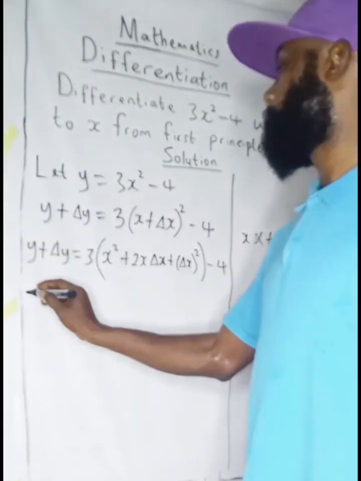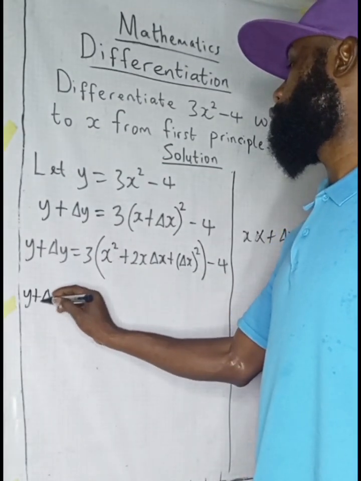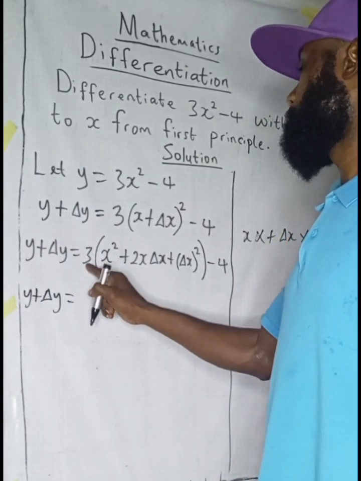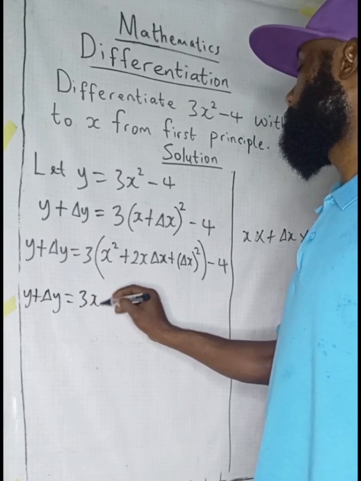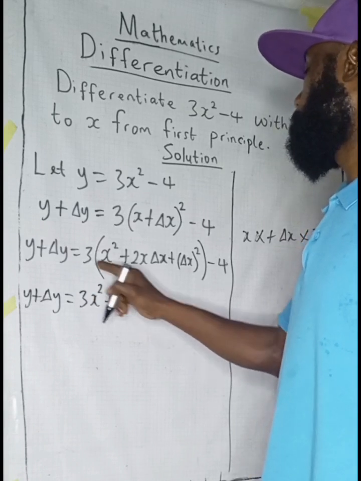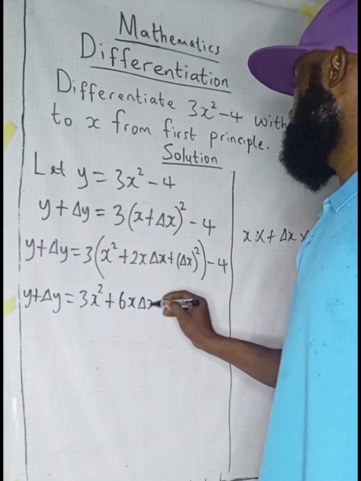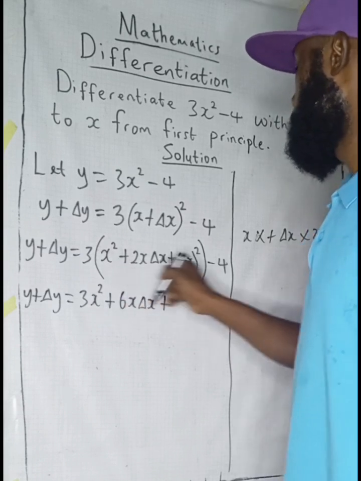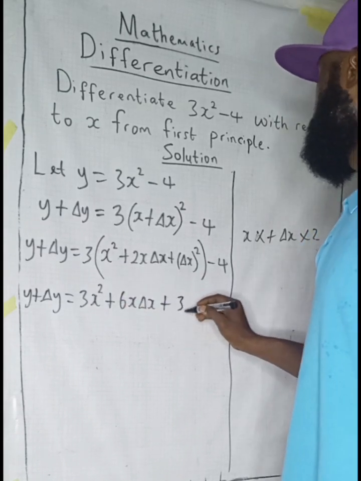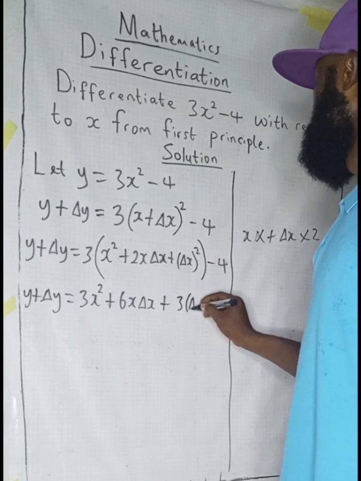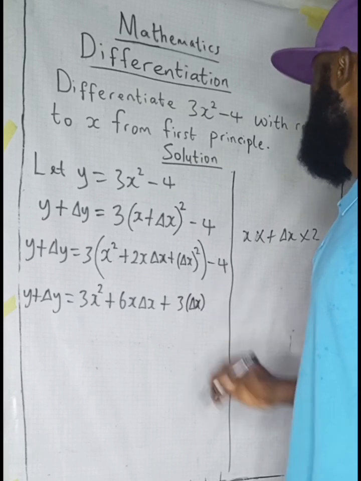So we're going to have y plus change in y will give us 3x squared plus 6x change in x plus 3 times change in x squared